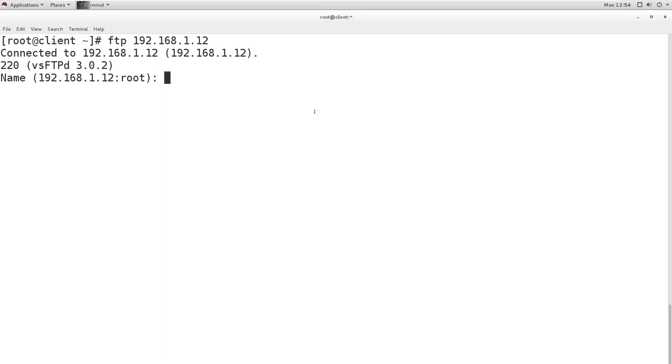So basically when you access it from the browser, the browser by default uses anonymous access. There is a username, anonymous. Anonymous means nobody, and it is enabled, and by default it can be accessed without a password. So when you access the FTP server from the browser, it accesses it using the anonymous user. I can also use it from here.